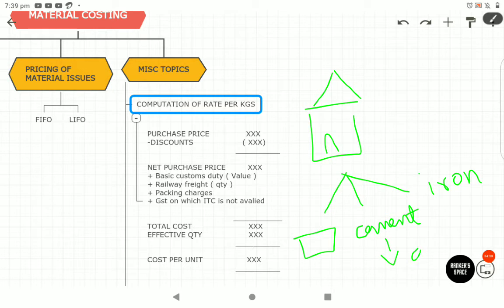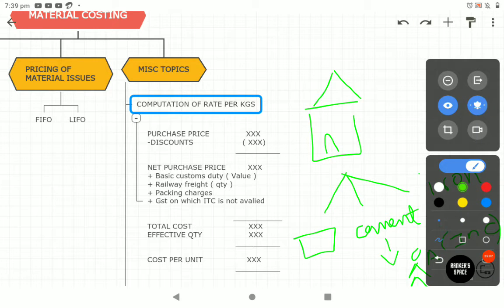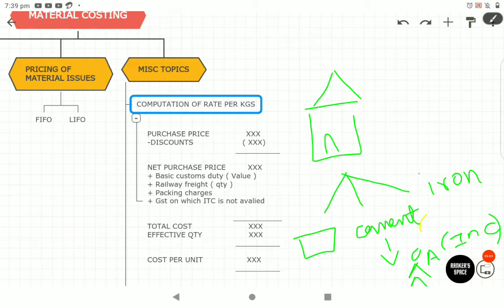when you're purchasing from some other supplier, say for example Mr. A, or you're purchasing from India Cements, which is one of the most leading brands, you would have paid tax that time itself. That is, on that cement, you would have paid GST. You would have already paid GST at the time of purchase of the raw material, and for other materials also, you would have paid GST to the supplier.